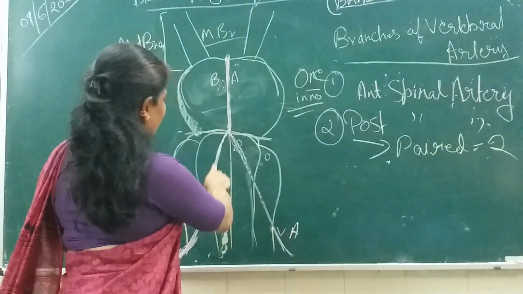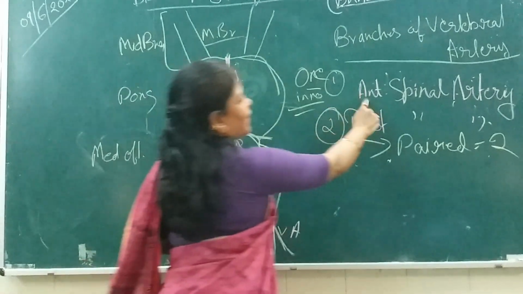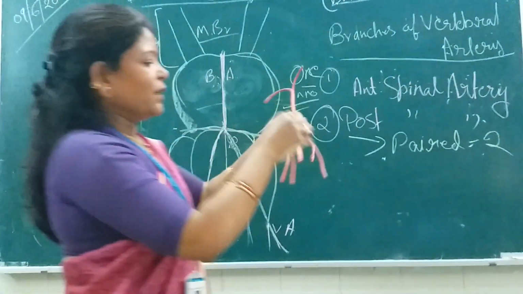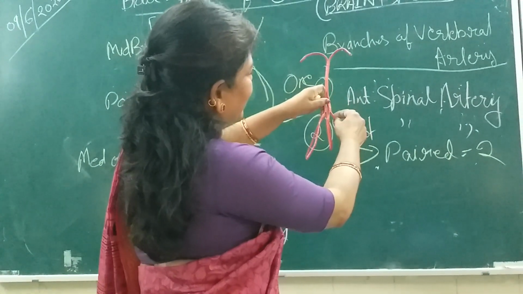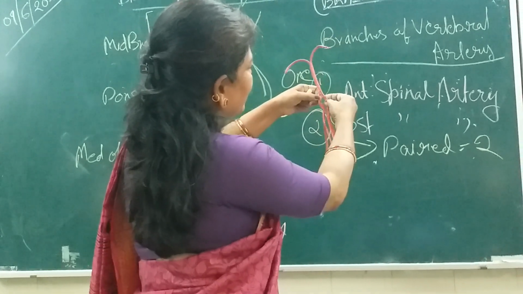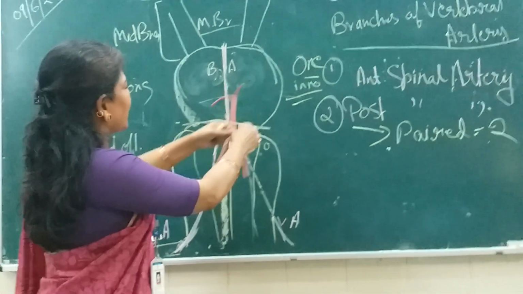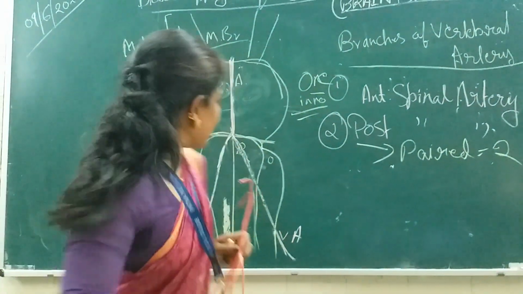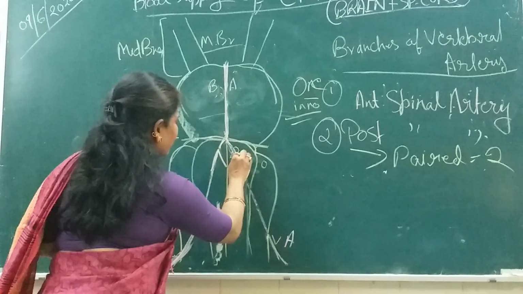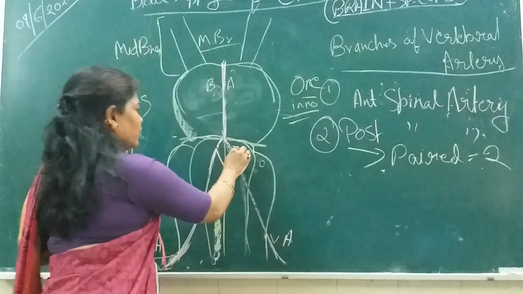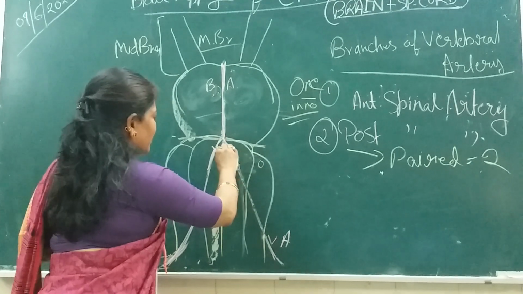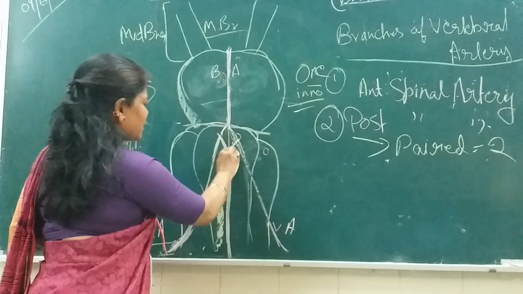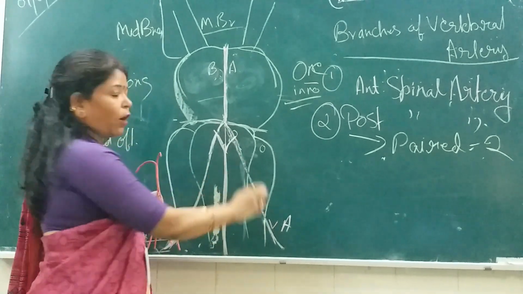Okay. Now from where is this anterior spinal artery coming downwards? Look here. Once the vertebral artery unites here, forming the basilar artery at the lower border of what? Pons. Then from both sides, a branch is given towards the midline, which is the anterior spinal artery, which forms a common trunk in the midline, which runs on the ventral surface in the midline of the medulla oblongata.